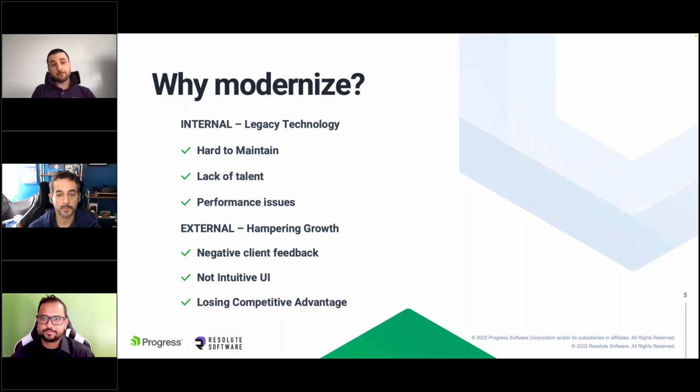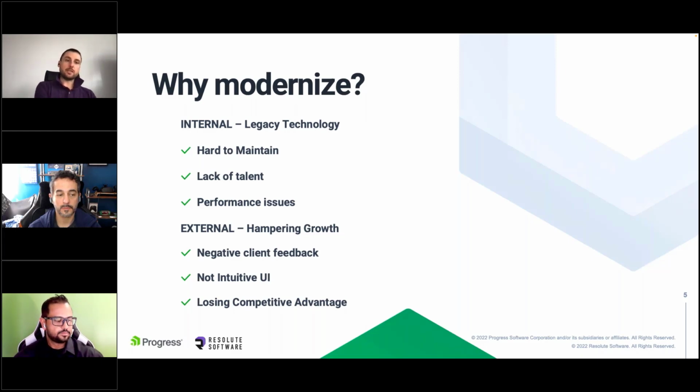It's getting hard to maintain, particularly because of an increasing lack of talent. New generation, new wave web developers really want to work with the latest and greatest, not so much with legacy technologies like web forms. And depending on your application size, architecture, and longevity, you may have piled up a set of performance issues that might be creating some difficulties for your team.